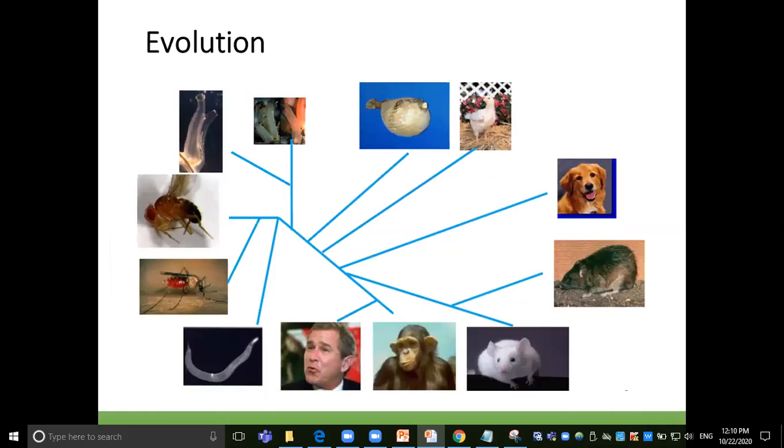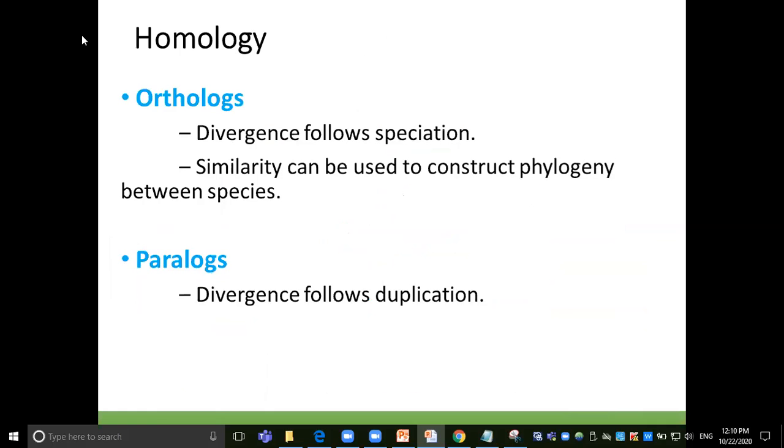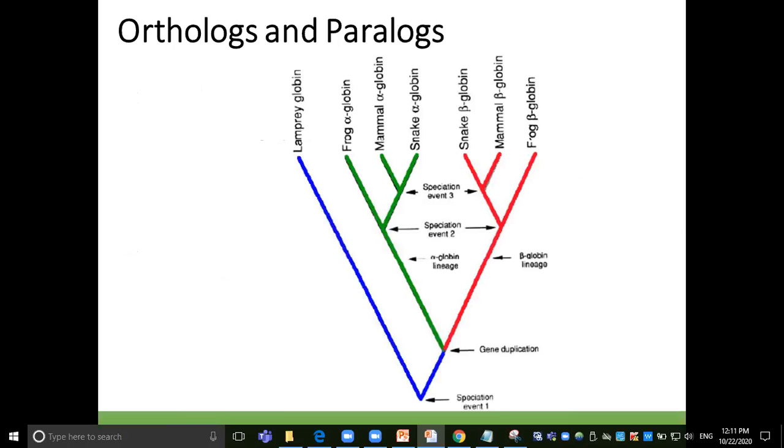In talking about this evolution, there are some terms you need to learn first. The first one is homology. What are homologs? There are two different types of homologs. The first one is orthologs, the second one is paralogs. So what are orthologs? If you look at this picture, to understand the orthologs and paralogs, you can see at this point